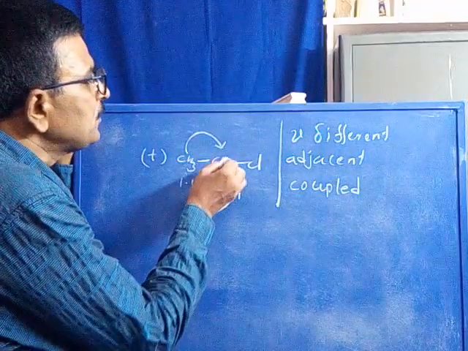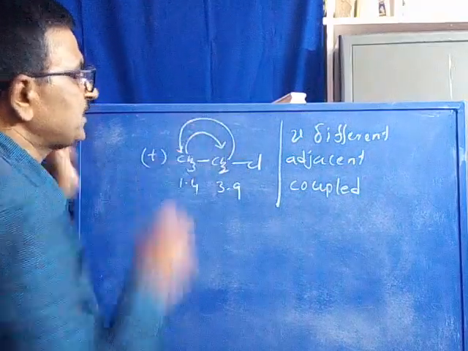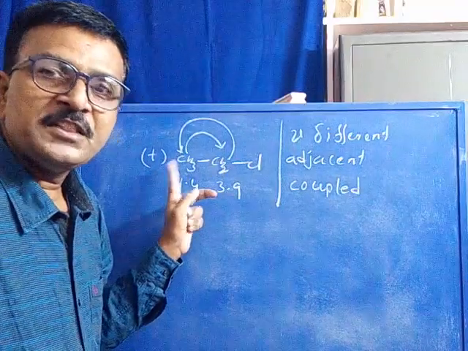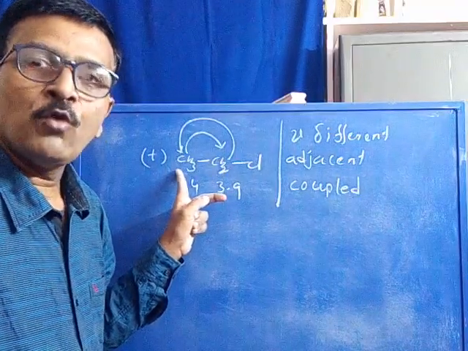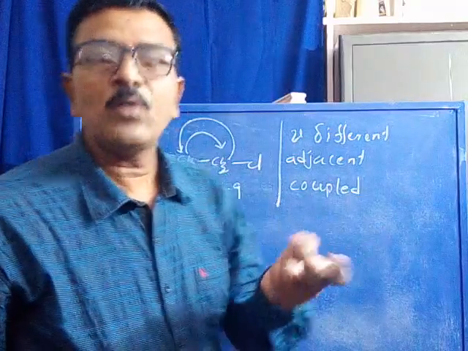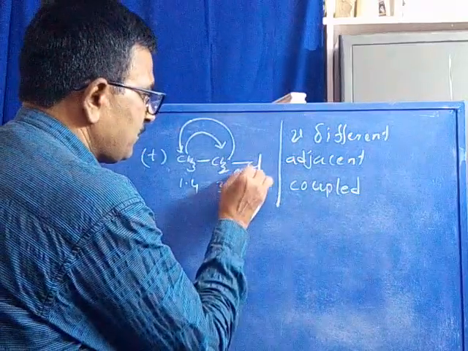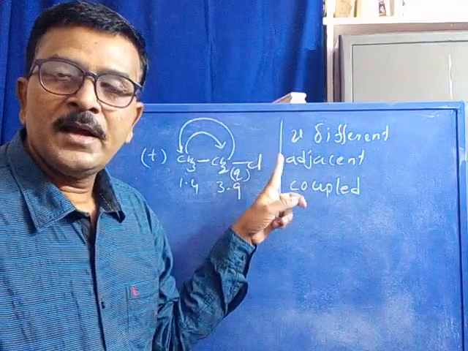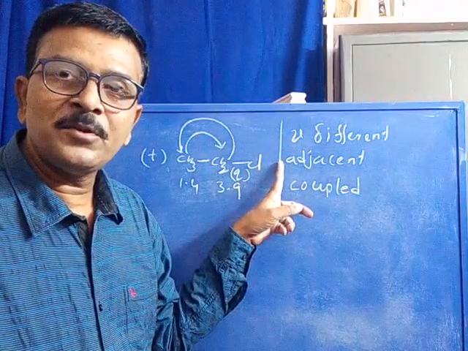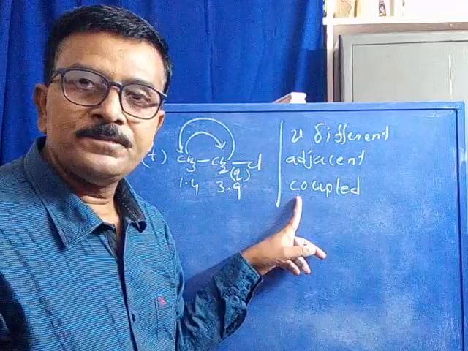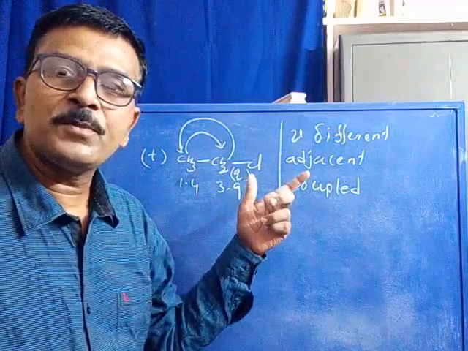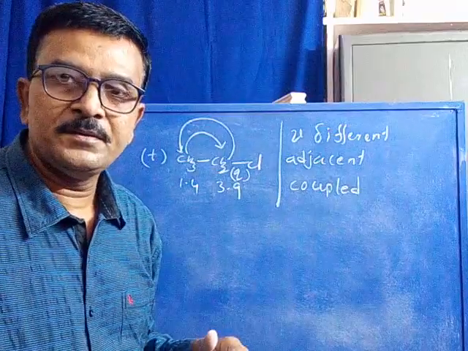Similarly, the CH2 is coupled with CH3. So n value is 3. 3 plus 1, what happens? 4 lines. A 4-line signal is known as a quartet. Now, the frequencies are different and the sets of protons are in adjacent positions. Therefore, coupled. When coupled, the signal for each set of protons appears as a multiplet.